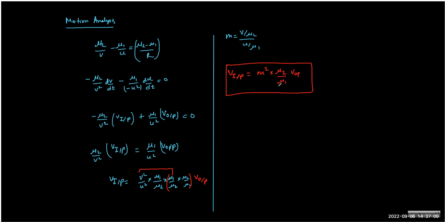See, in examination, you have to just use the formula. Now VIP we can write as VI minus VP. And I'll just keep it as such, the way we derived. And VOP is VO minus VP. So if you want to rearrange, you can rearrange. So VI is